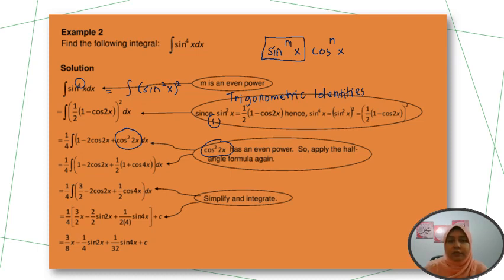The half angle formula: cos square x equal to